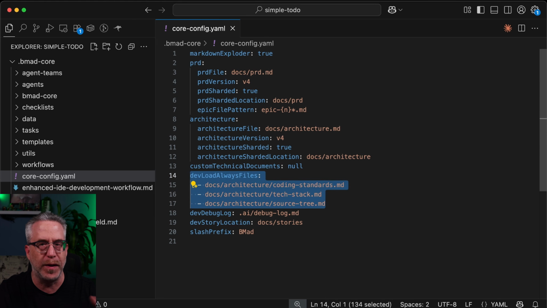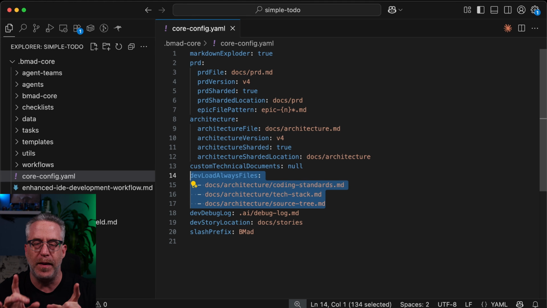So the way the developer agent works, I've explained this before, but I'll say it again. The Scrum Master is going to take the high-level epic and story. It's going to read through various architecture documents. It's going to understand one story at a time, and it's going to create a very detailed story for the developer, a lower-level developer story. This is a self-contained file for the developer to have all of the context it needs to build the application. We talked a few videos ago about context engineering. This is the core of context engineering, giving the agent exactly what it needs to build its little piece of